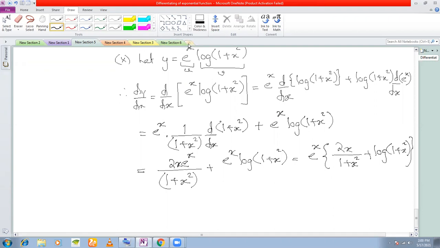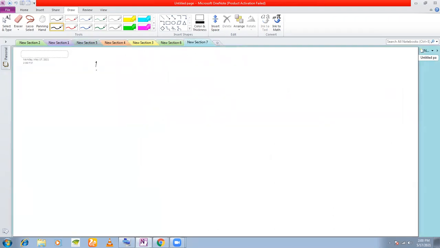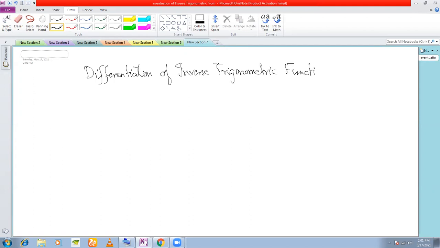So this completes this set of problems. We now move on to derivatives of inverse functions, the differentiation of inverse trigonometric functions. First formula that you need to remember